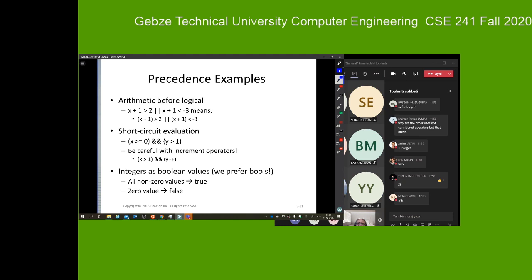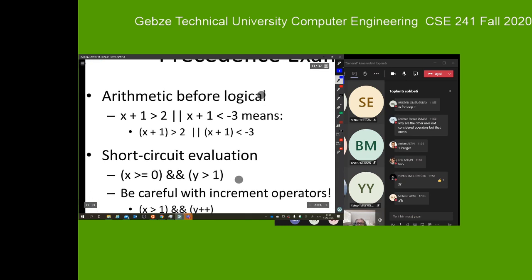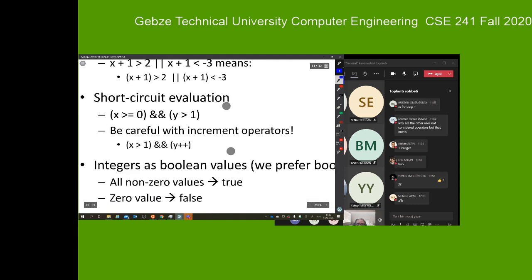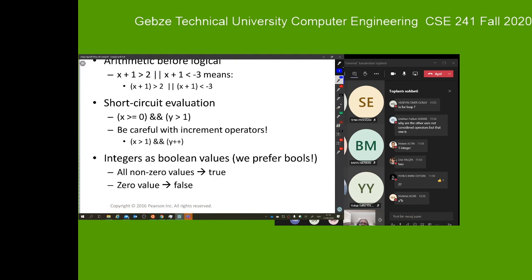There are some precedence examples. Okay, in this case, I know that plus has the highest precedence. Plus is going to be done first, and then these comparisons, and then the OR operation, the logical operation. Okay, there is this short circuit idea. You know what short circuit is? Did they talk to you about this? Short circuit says this: